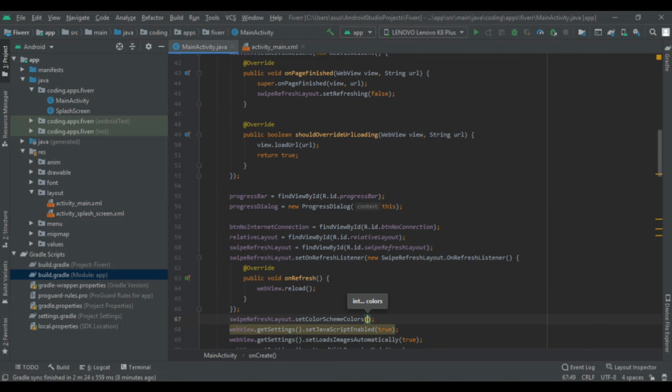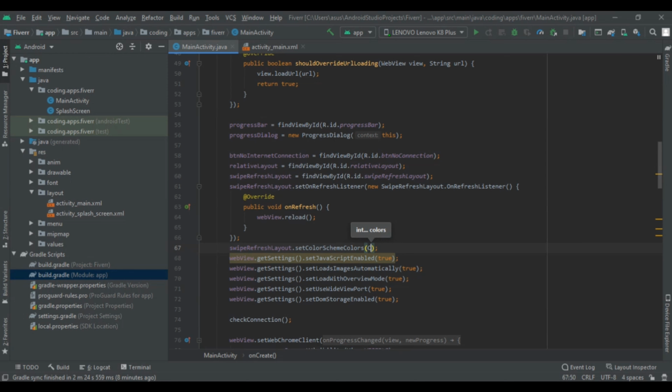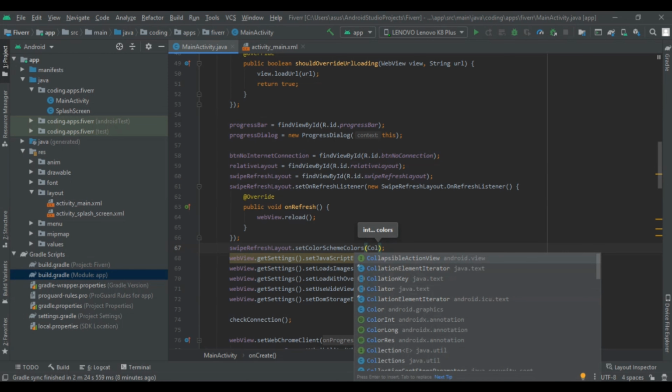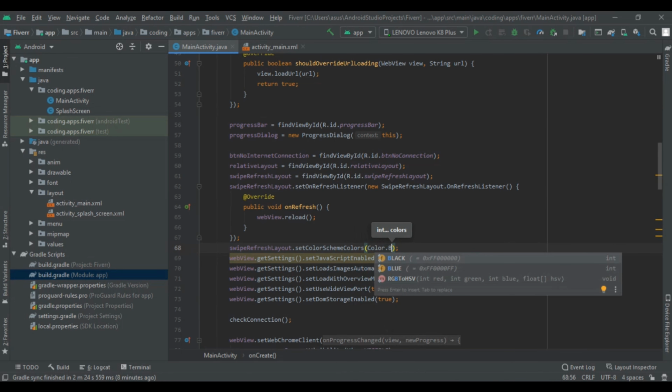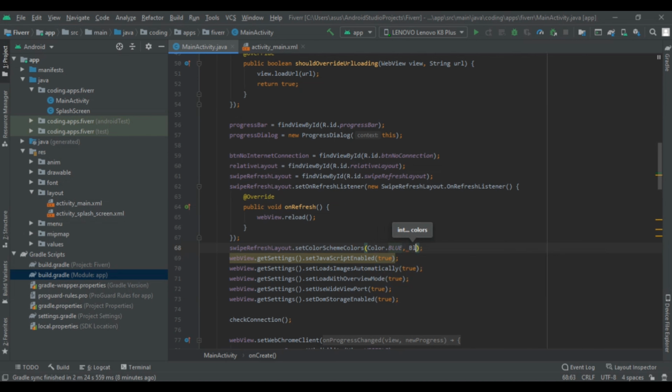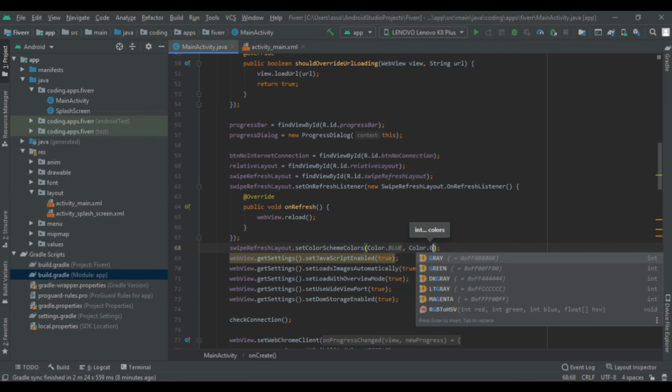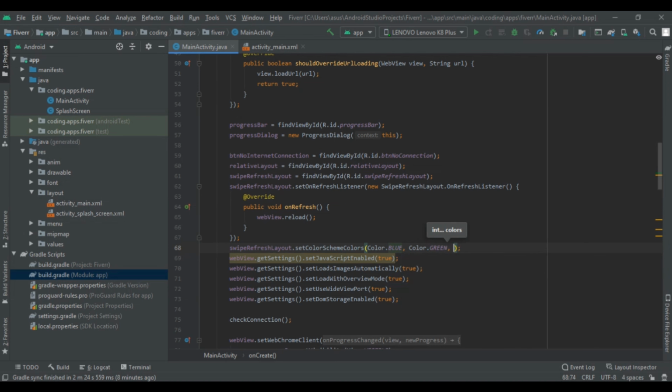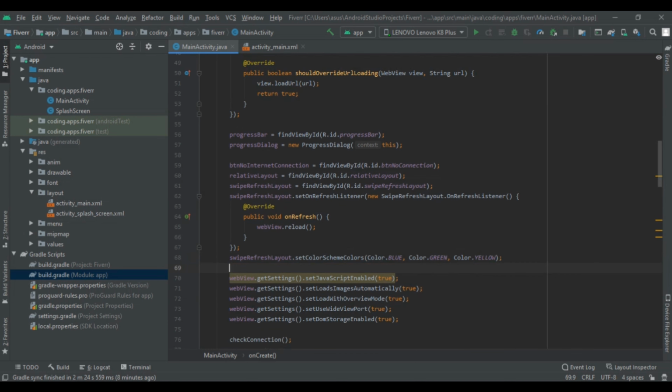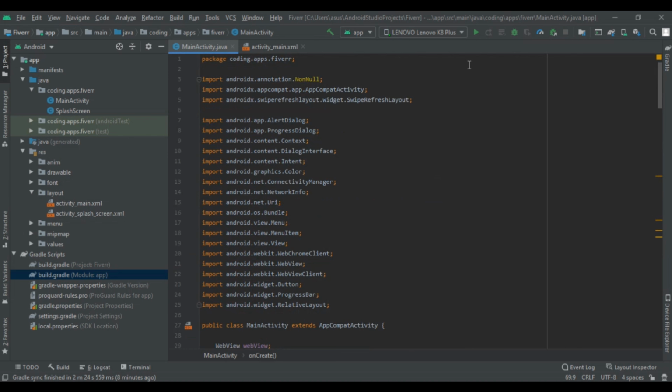So we are going to use color.blue, then color.green, then color.yellow. So by this we will get the variation of colors in our swipe refresh layout.